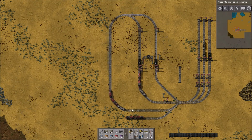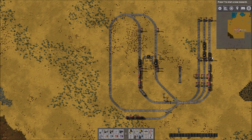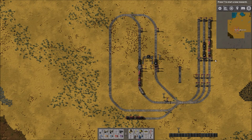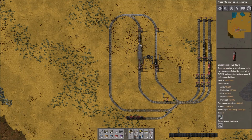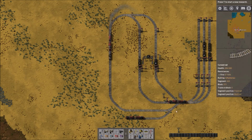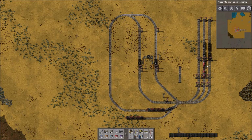to return this empty wagon. You can see it couples here, pulls forward, and decouples itself. Meanwhile over here, this wagon's filled up with gears, so this train pulls forward and leaves behind an empty wagon for it to fill. This train, meanwhile, grabs another wagon of plates,